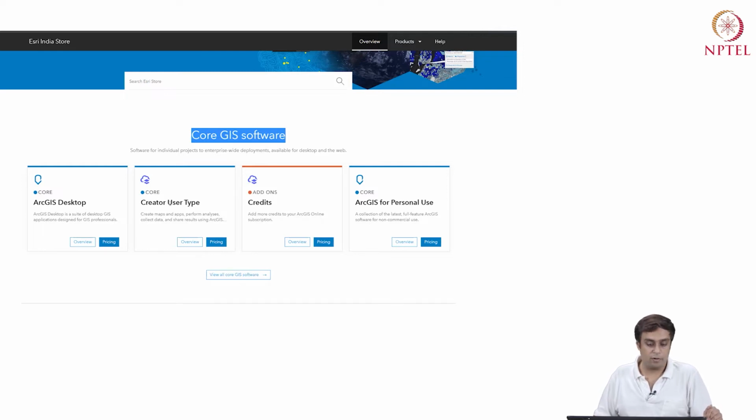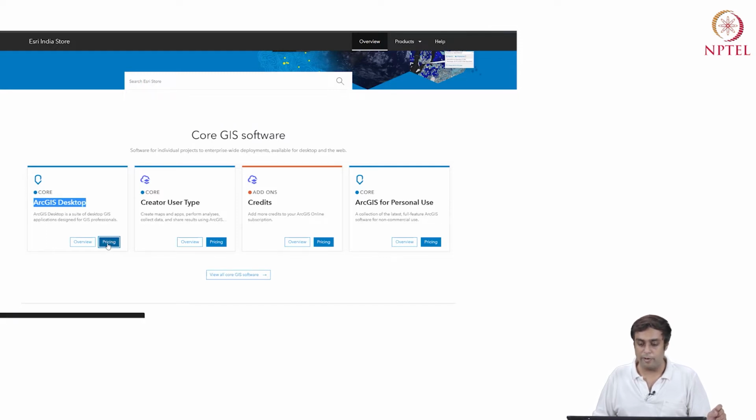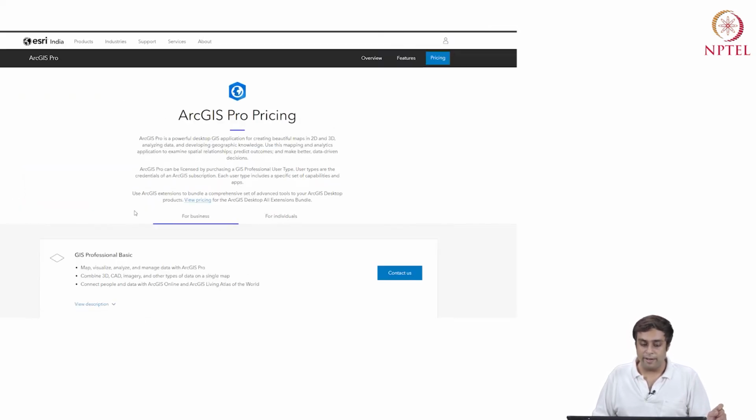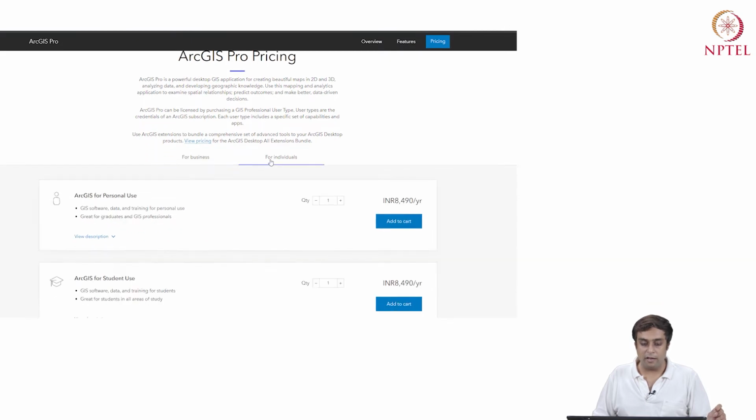Do you want it for different user types, for credits, for personal use, and so on? I'm just going to go for ArcGIS software desktop. Okay, so I'm going to say pricing. Here, I need it for individuals. So here is ArcGIS for personal use, and this is the one that we want.